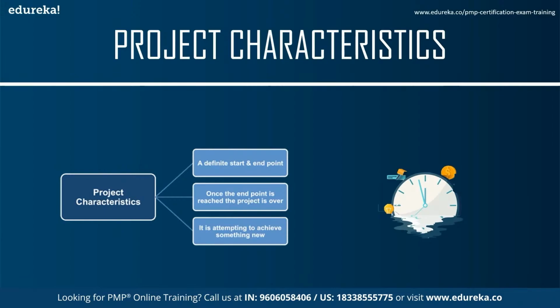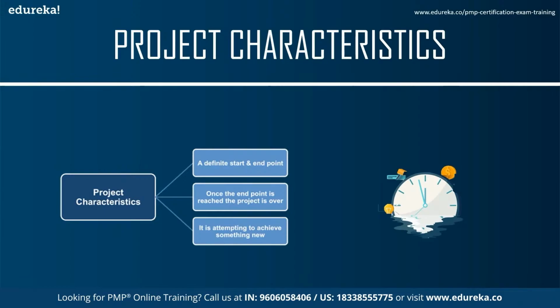The third one is, is there a way to determine when the project is completed? Yes, the kiosks will be installed and the services will be offered from them. So once all of these are installed and operating, the project will come to an end. The last question that you would ask yourself is, is there a way to determine stakeholder satisfaction? And again, the answer is yes. The expectations of the stakeholders will be documented in the form of requirements during the planning processes. These requirements will be compared to the finished product to determine if it meets the expectations of the stakeholder. Now, if the answer is yes to all of these questions, then we have a project.